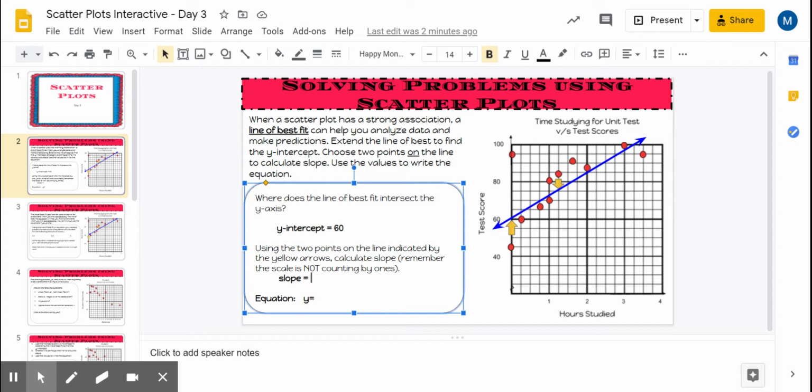But that first mark after 1 is 1.25. All right. So I counted up 15, I think. Was it 15? Let me check one more time. It's 5, 10, 15. Oh, 60, 65, 70, 75. Yeah, by 5s, right? 5, 10, up 15. So that's my rise. And my run was